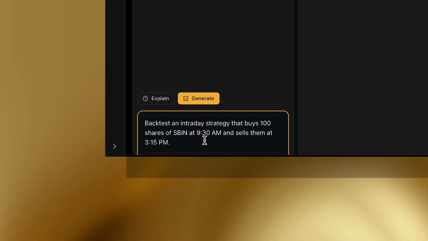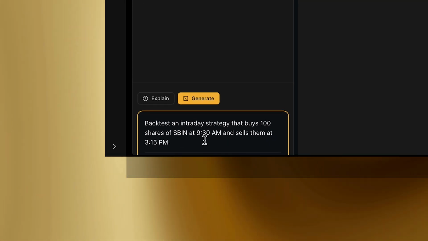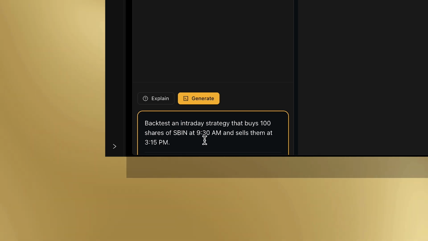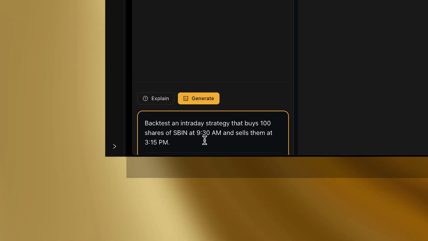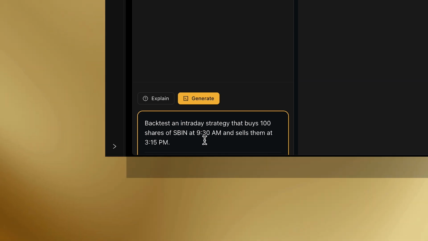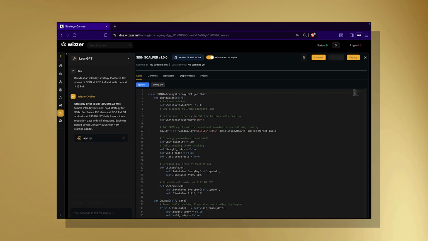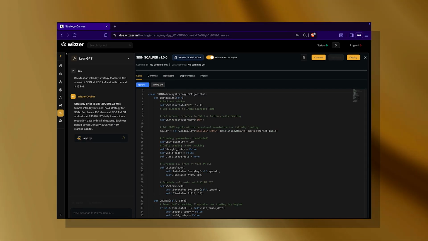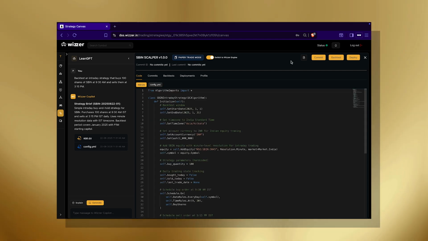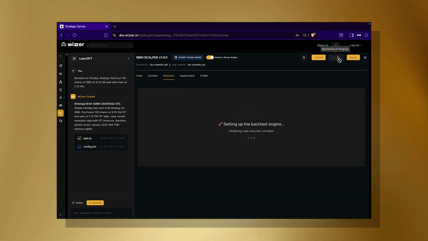All we do is ask Wizzer, backtest an intraday strategy that buys 100 shares of SBIN at 9:30 a.m. and sells them at 3:15 p.m. In seconds, the Copilot generates the entire strategy code for you. And when you hit backtest,